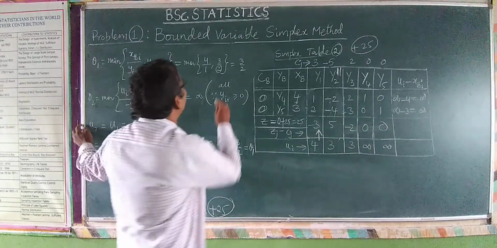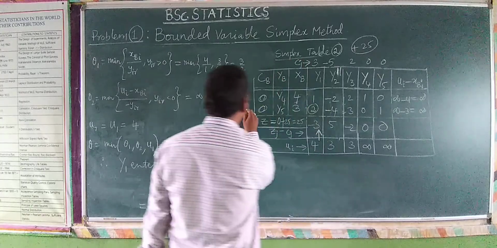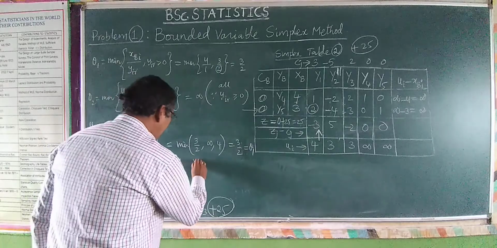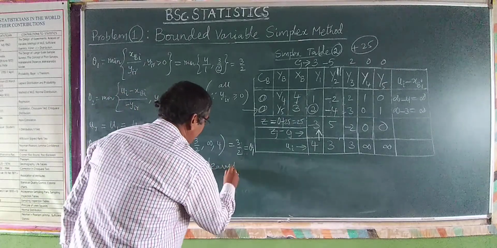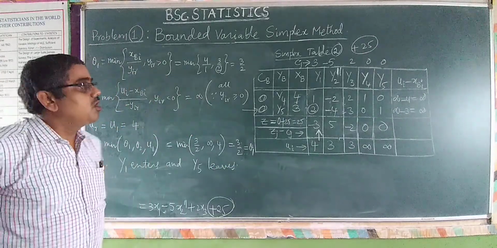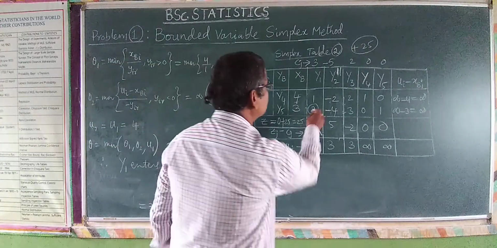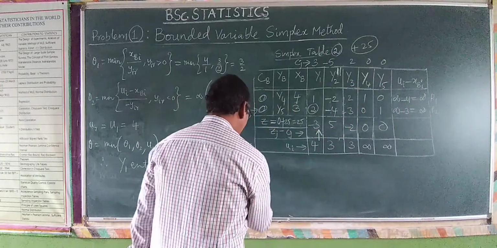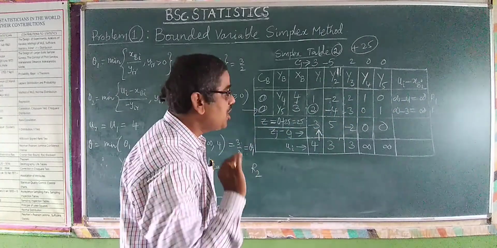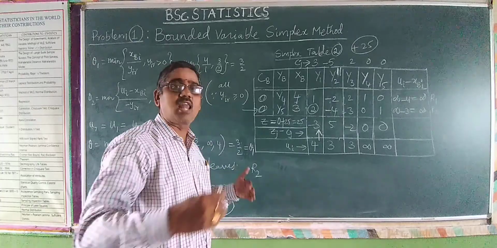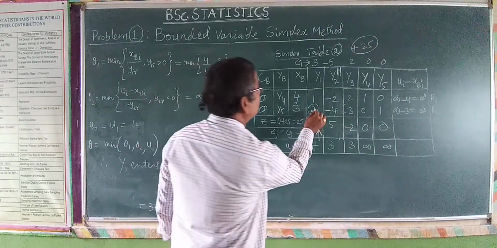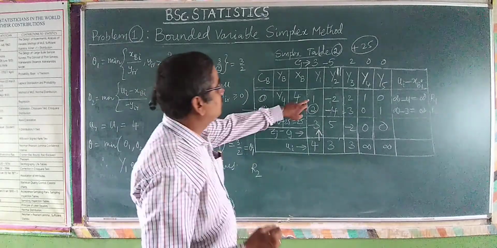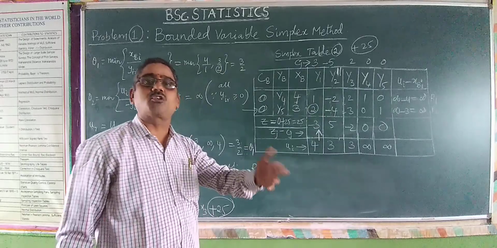We see the pivotal element is 2, corresponding to which we have the vector y5. Therefore, y5 leaves, as in the usual simplex procedure. I am not writing any calculations, but for timing, consider this is R1 and this is R2. You know all the calculations in the simplex procedure: the pivotal element has to be converted to unity, and the remaining elements, which here is 1, are all to be converted to 0.